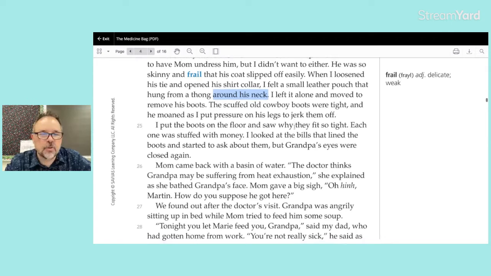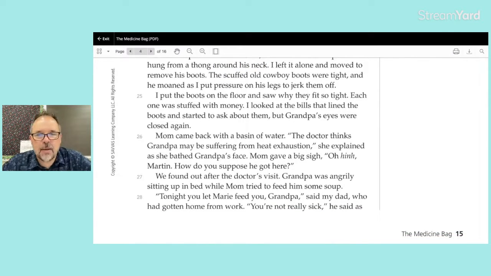I left it alone and moved to remove his boots. The scuffed old cowboy boots were tight, and he moaned as I put pressure on his legs